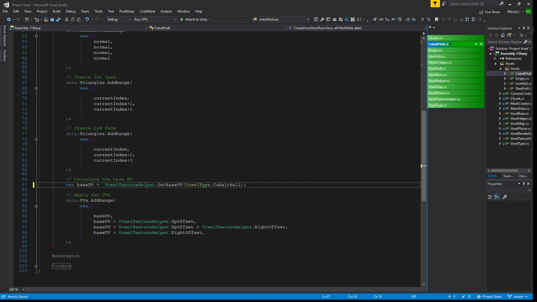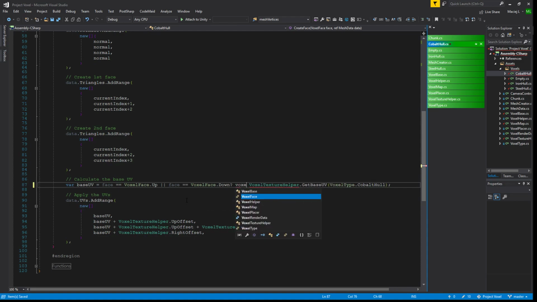If face equals voxel faces up, or face equals voxel faces down, use voxel texture helper, get base UV voxel type dot, just type, and the identifier will be